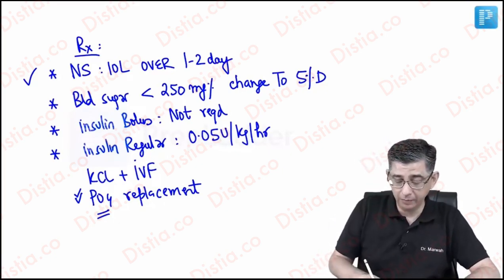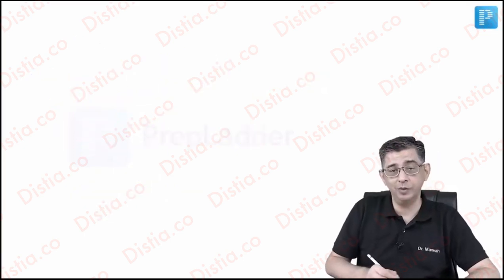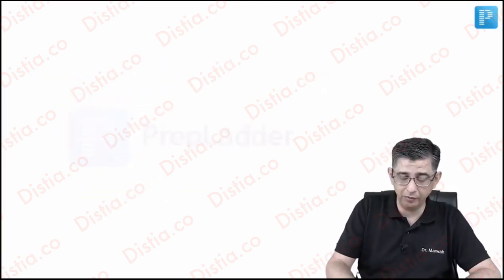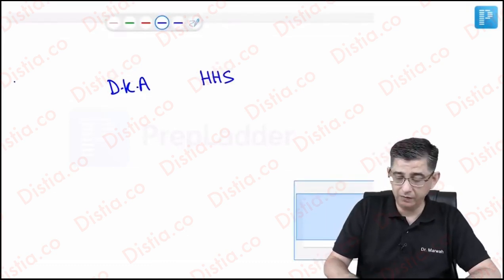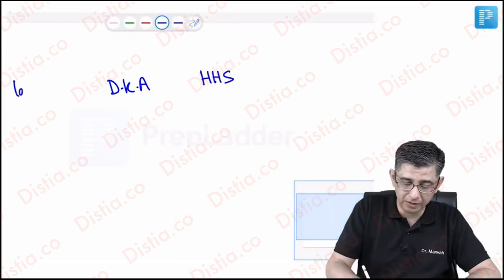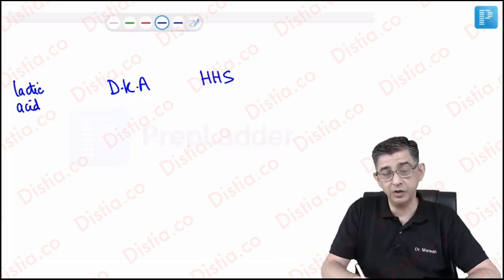And now we will be in a better position to understand the problems that I have just highlighted before you. The main comparison in this table is between diabetic ketoacidosis and hyperglycemic hyperosmolar state, but I will add a new entry here, that is lactic acidosis. You see, why lactic acidosis can occur is